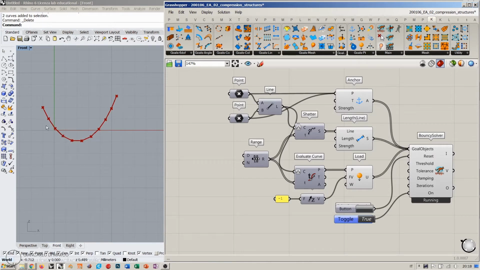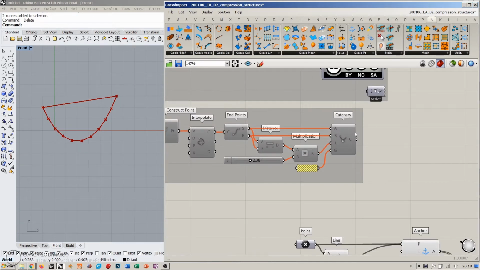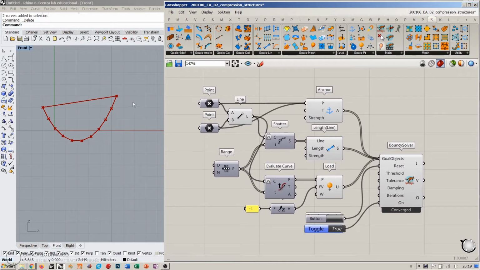So this is the catenary shape that we get using Kangaroo applied to a straight segment. Okay, so the difference between this and the previous catenary curve is that this is a static curve, whose shape only depends on the length that we specify, while here the catenary shape depends on the elastic properties of the material that we are using and on the load that we are applying. Okay,